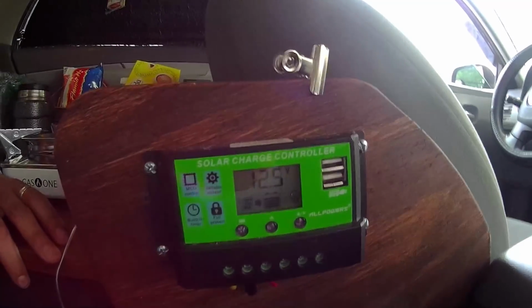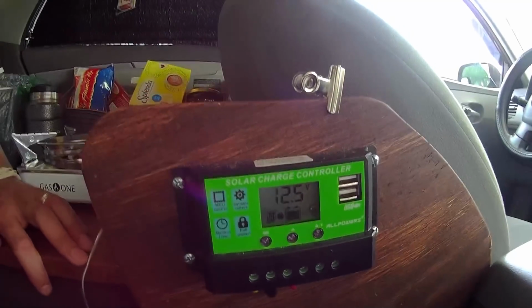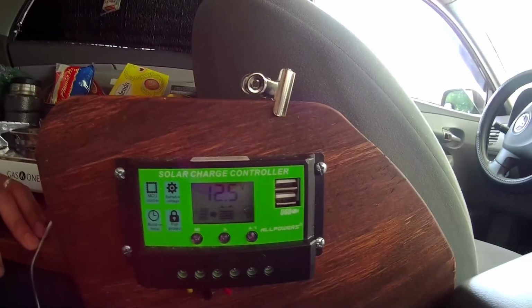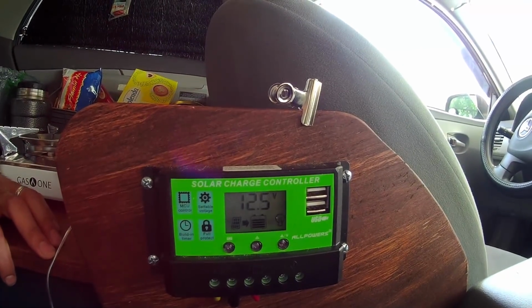It's just, they did not do a good job building this thing. I mean, it was cheap too, so I guess you get what you paid for. But I mean, it's been charging the battery and maintaining it, so it's been doing its job. Besides that,